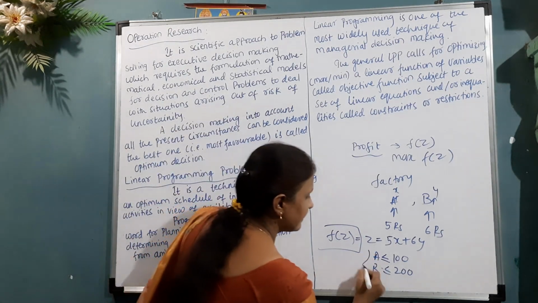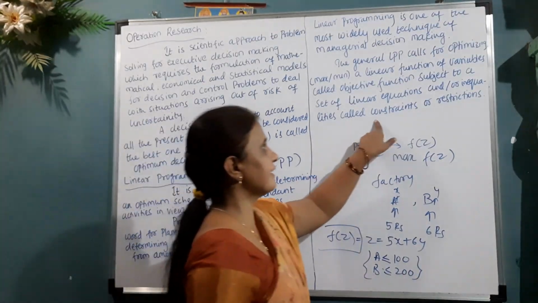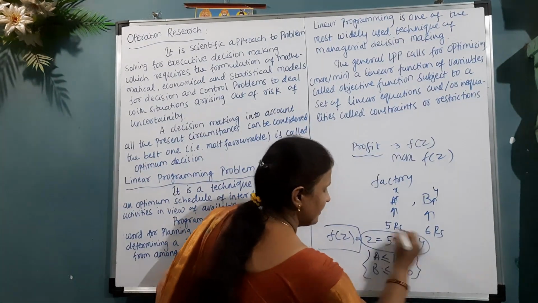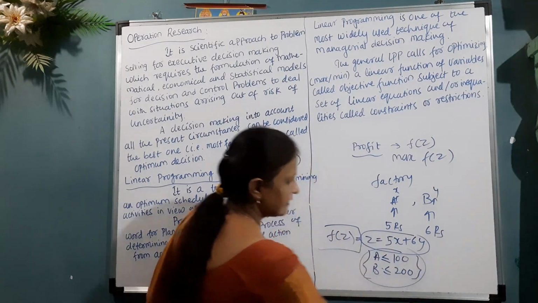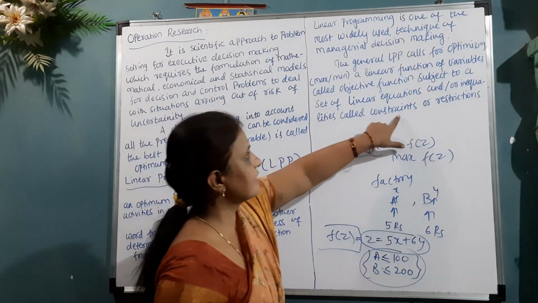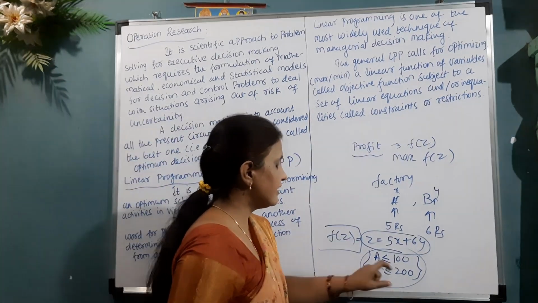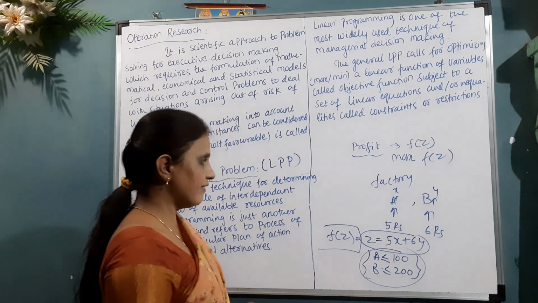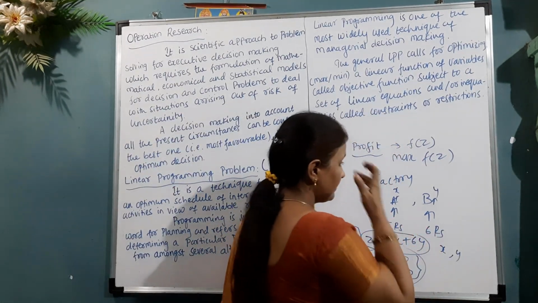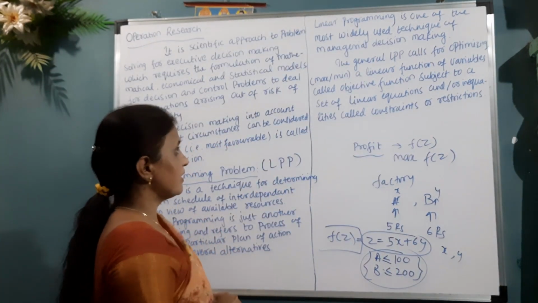These are called limitations or restrictions, also called constraints. Here we want to increase this profit using these limitations. Generally constraints may be given as a linear equation or as an inequality, where x and y are the variables, which are always non-negative values. So this is about the linear programming problem.